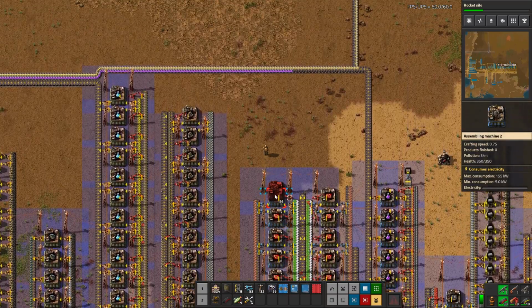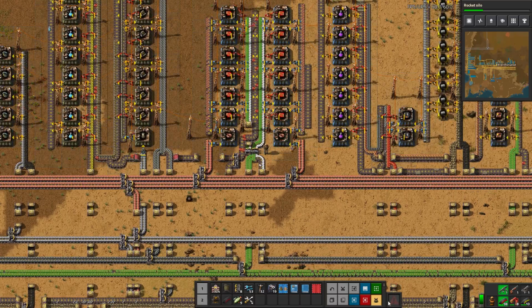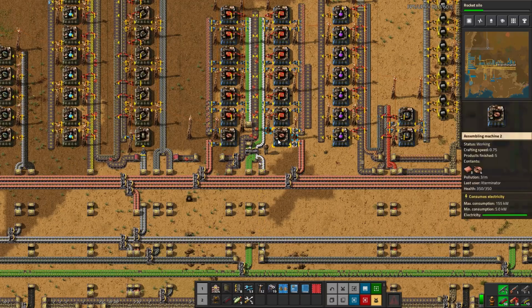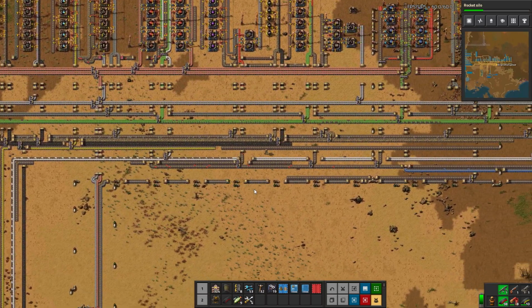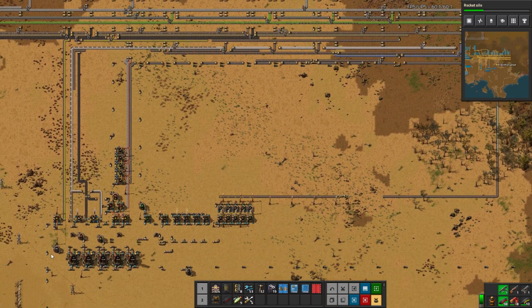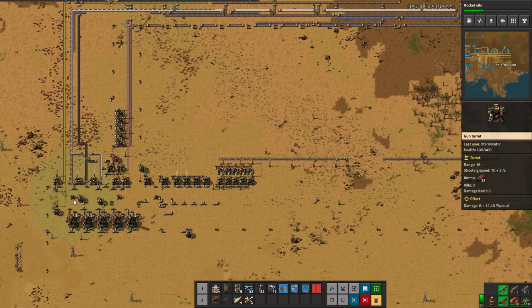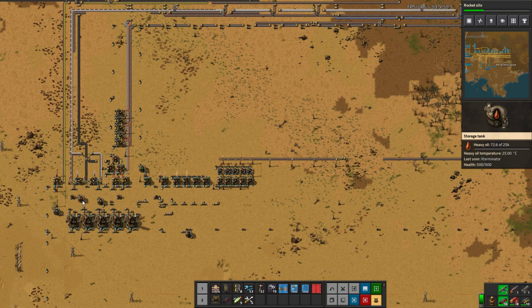Now we can upgrade these machines. That, of course, may pose a resource problem, because it speeds them up by 50%. They were 0.5 speed, they're now 0.75. But that is a 50% increase overall, which is quite nice. Oil is looking pretty good. And at this point in the game, at least for me, this may not be the most entertaining to watch, but